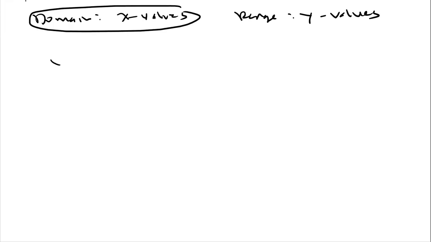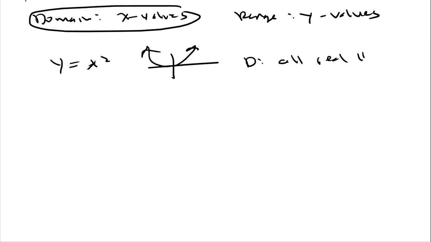All right, so if you have a parabola, remember the parabola looks like this. In this case, the domain is going to be all real numbers, or you can represent it as a capital R, because you could put any number in there, it's going to work. What gets tricky is when you have rational equations or rational